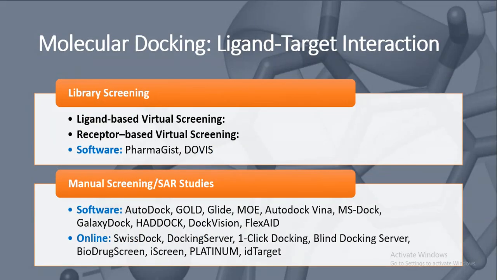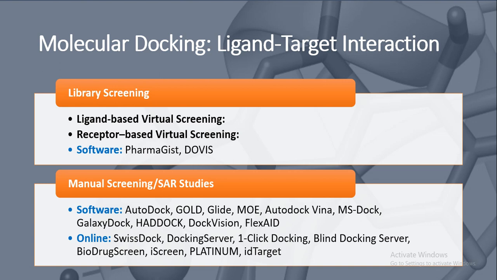And now we have to find out the activity of our compound. We have selected our ligand, we have selected our target, and now we are going to check the ligand target interaction. So the first strategy we can use is molecular docking. So docking will give us what kind of interaction it will be.